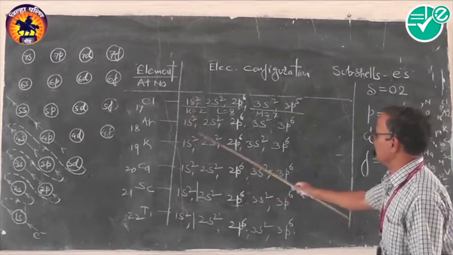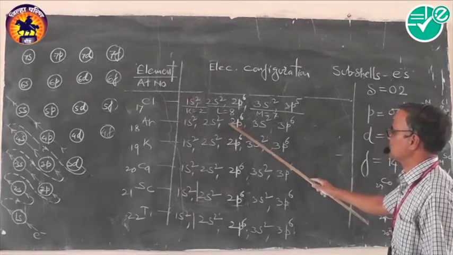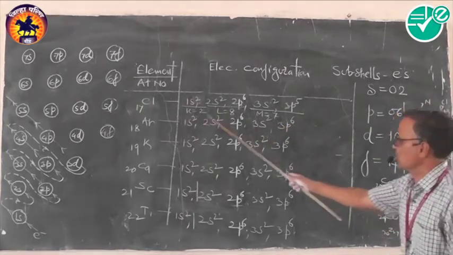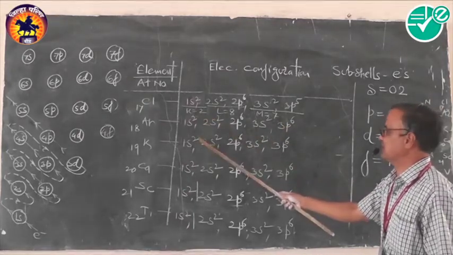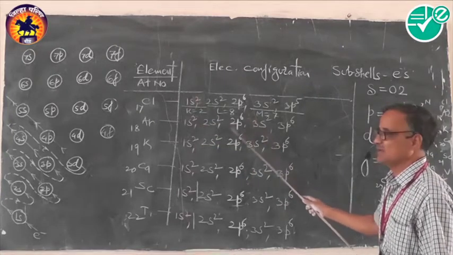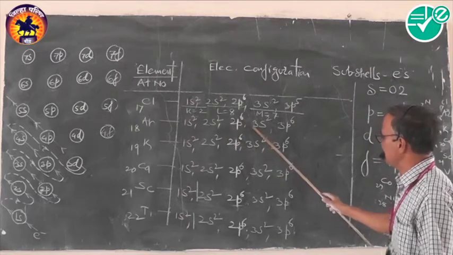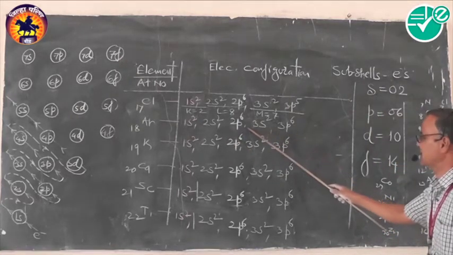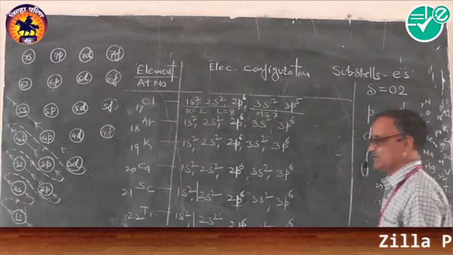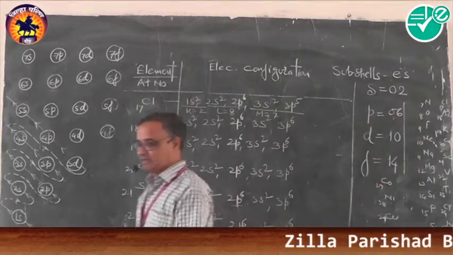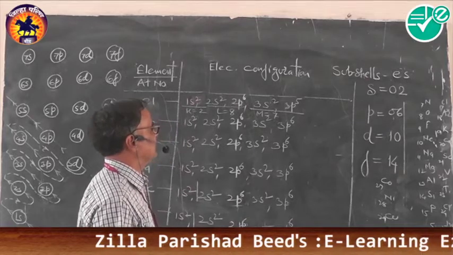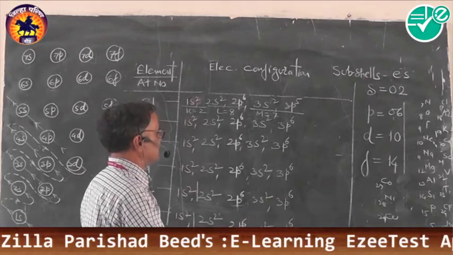Hence, the electronic configuration becomes 1s2, 2s2, 2p6, 3s2, 3p6. 1s goes to the K main shell, 2s2 and 2p6 go to the L main shell, and M, that is the valency shell of argon, contains 8 electrons. Hence, it is chemically inert, called a noble gas or inert gas, and it comes just below